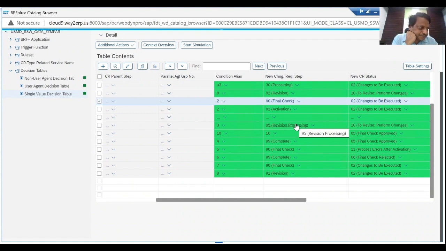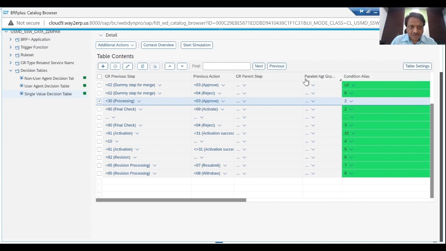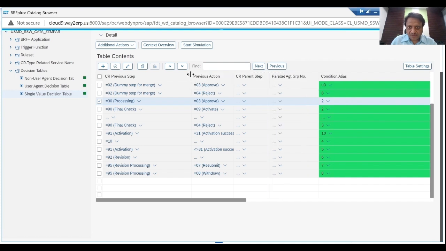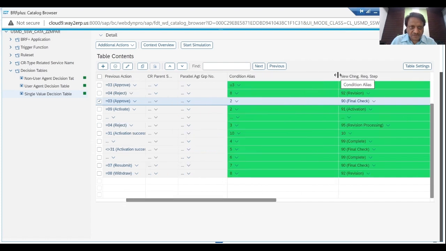Now this is done. Now there could be another condition, like we did for 30 in the previous case. In the same way we can also define, so let me reduce this. In this case let's also define